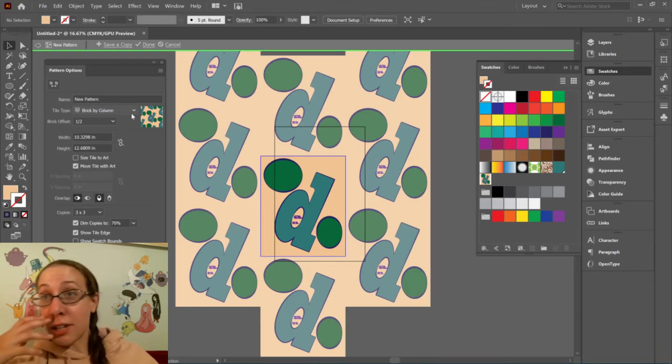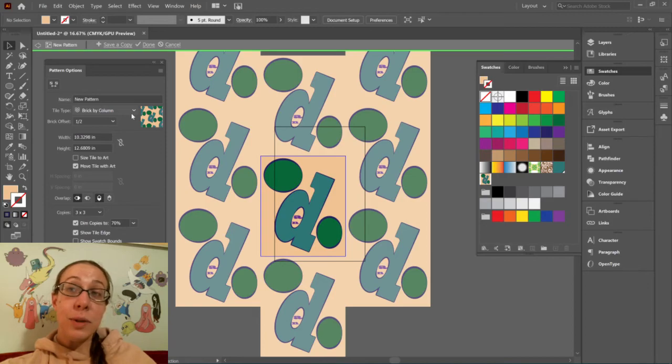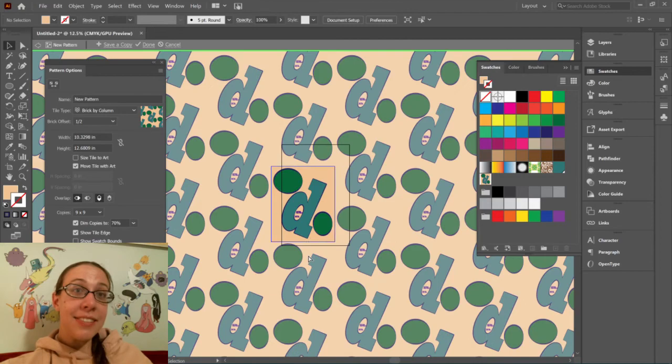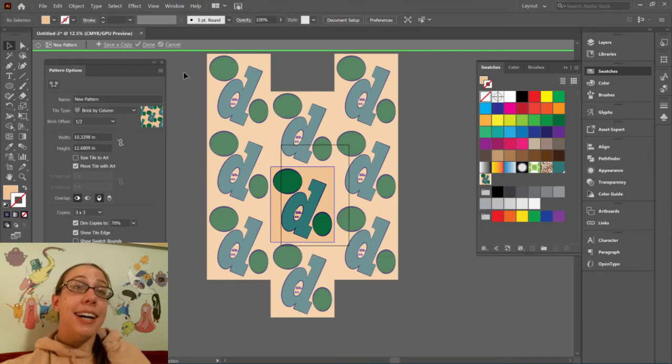In the next video, we're going to talk about a more directed approach where you decide what type of pattern it's going to be pretty much early on in the design process. There are some other options here, but we made a pattern that's so basic that we don't really need to adjust it. If we want to see what the pattern looks like with more pieces, we can try pushing our computer to render it in 9x9, and you just want to make sure to switch it back. And then we're going to come up to the top and hit done, and this is going to save the changes I've made, which is basically just telling it I want it to be a brick by column. So I'm going to hit done,